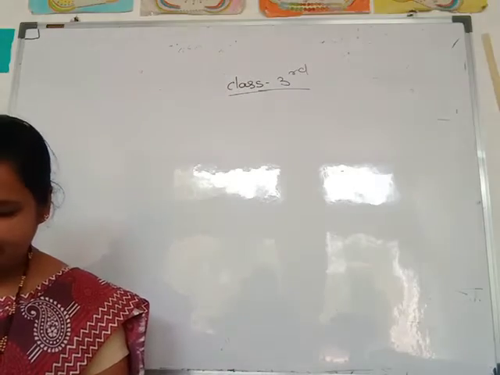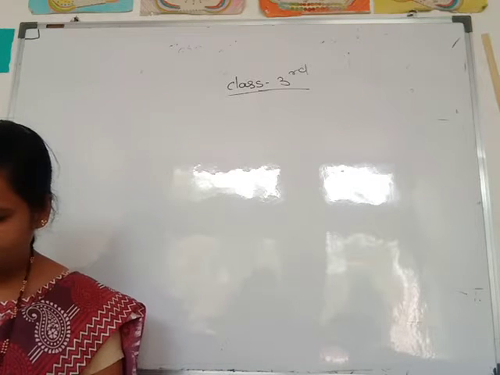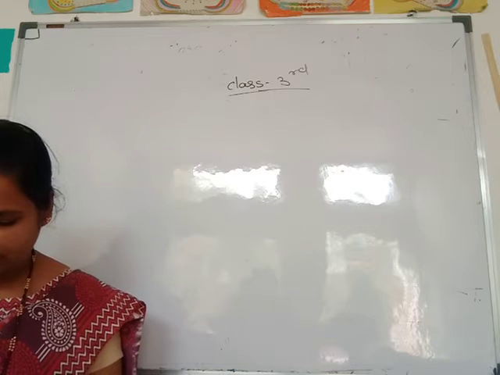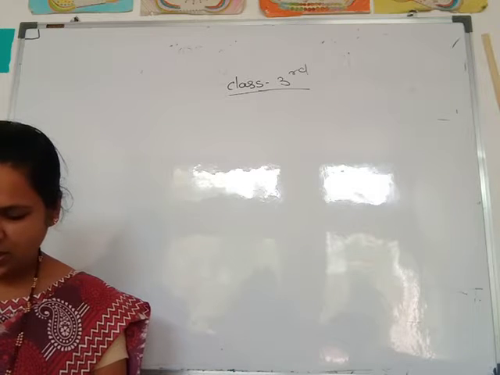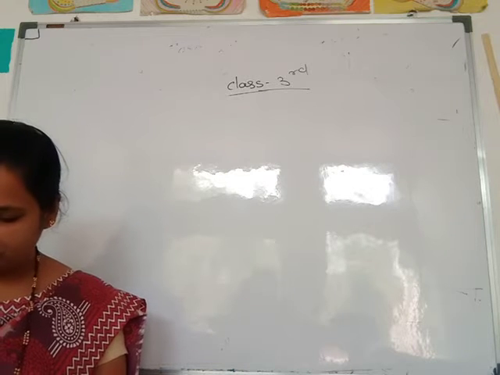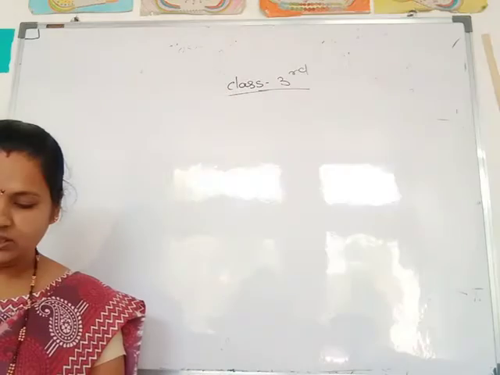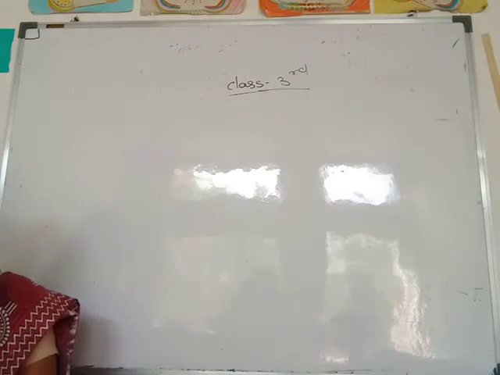We completed in your second semester syllabus this chapter, measurement of time. Then the next chapter, see in your textbook page number 76, calendar. But in this chapter there are no examples, no questions, only the calendar, the festivals in the month of October, the holidays in the month of August.